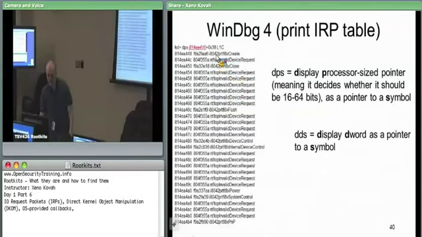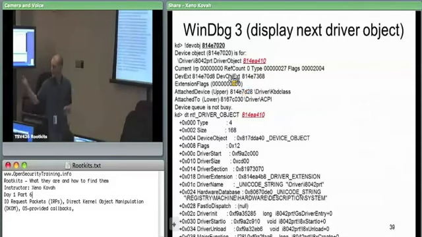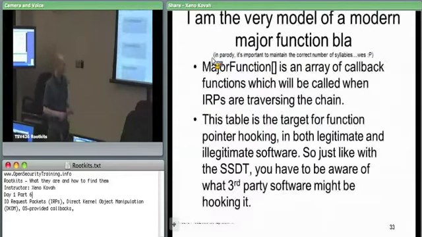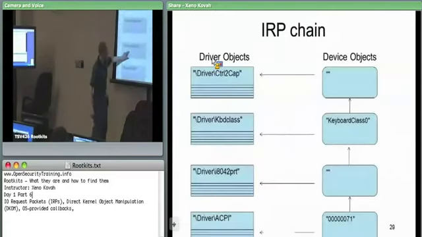You wouldn't know unless you were looking at these other things, but this is for the I8042prt driver, this is the major function table associated with it. So essentially I just printed out all of that stuff right there. I was just in WinDbg and I dumped all that out for this particular device. Now, you saw a few of these pointed back in